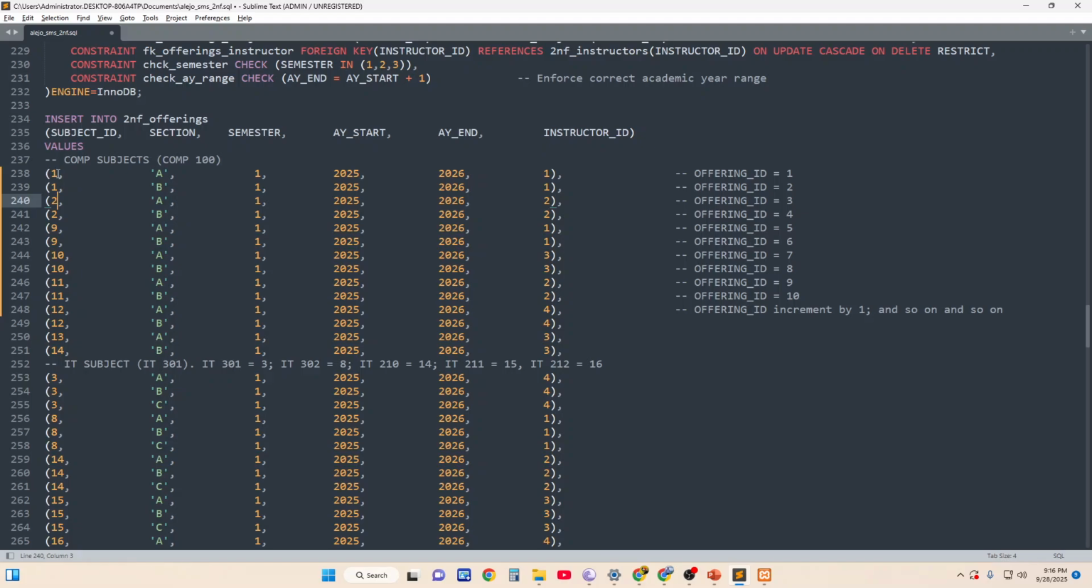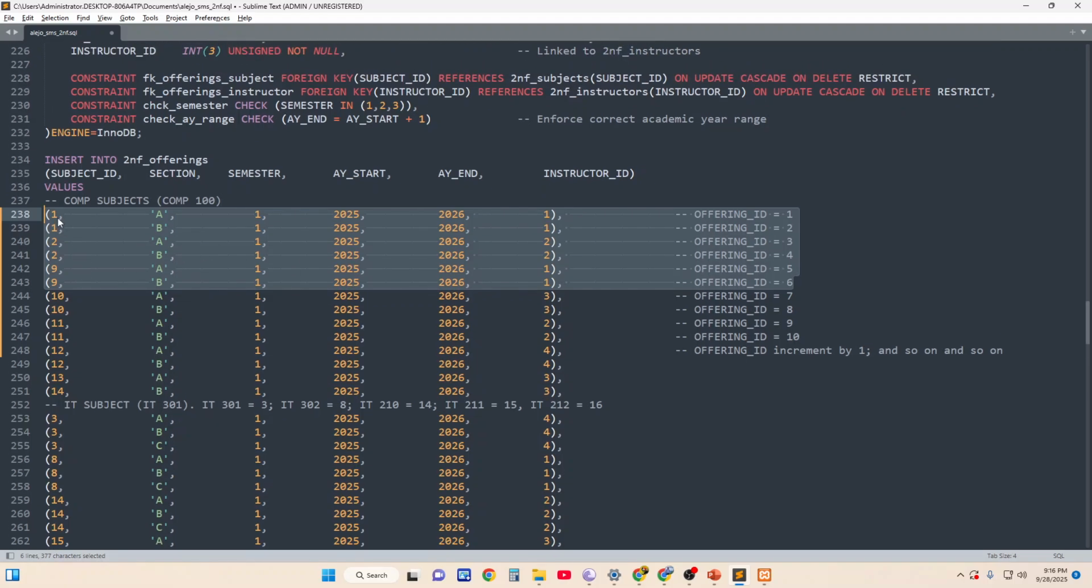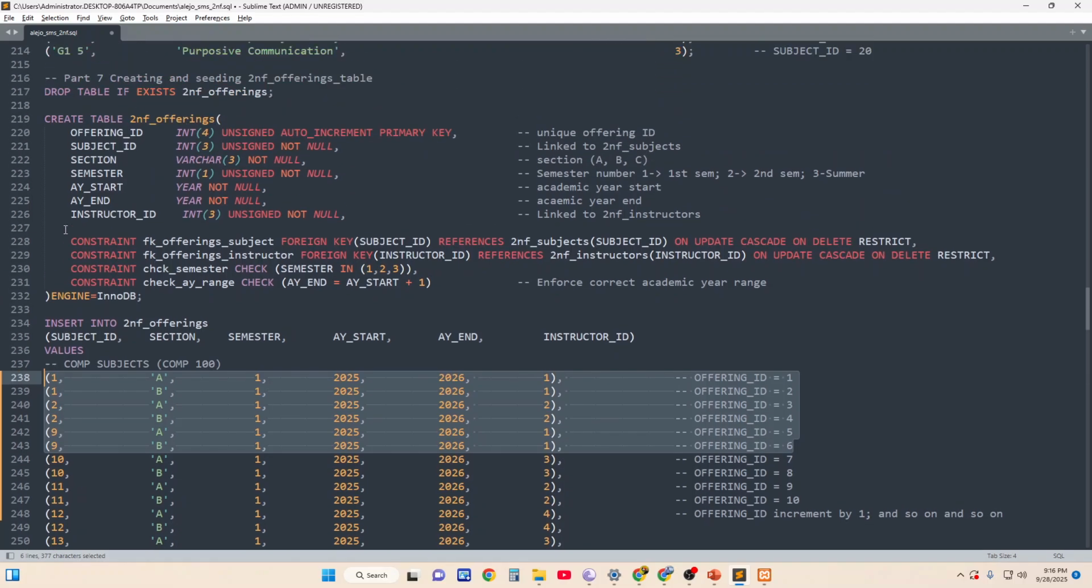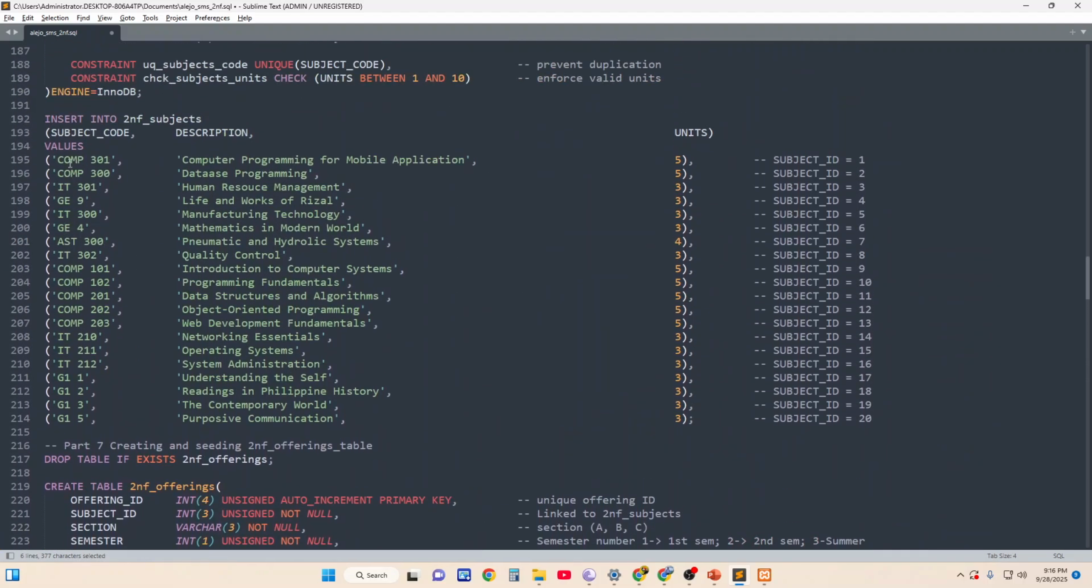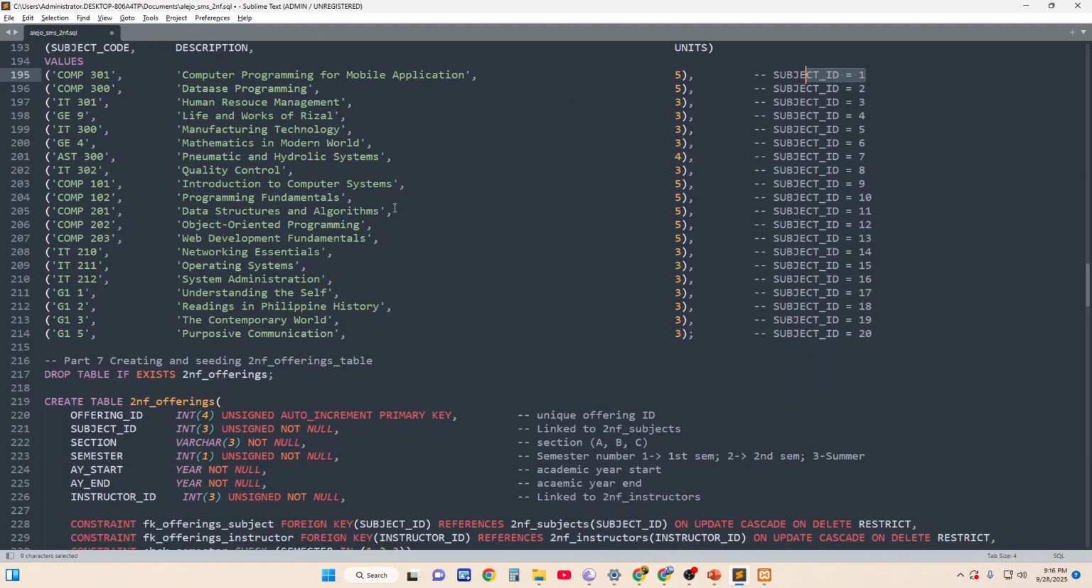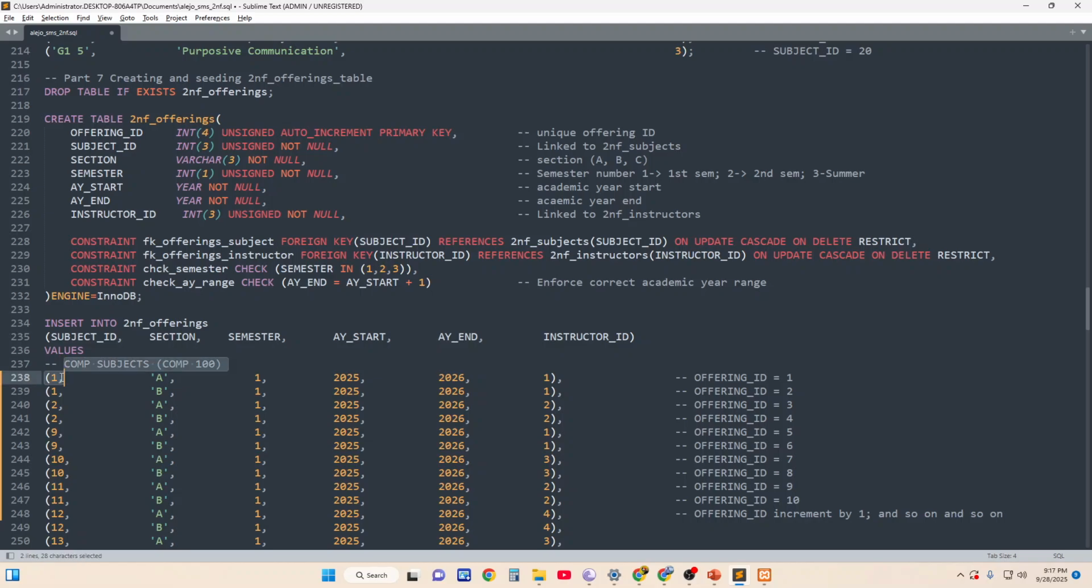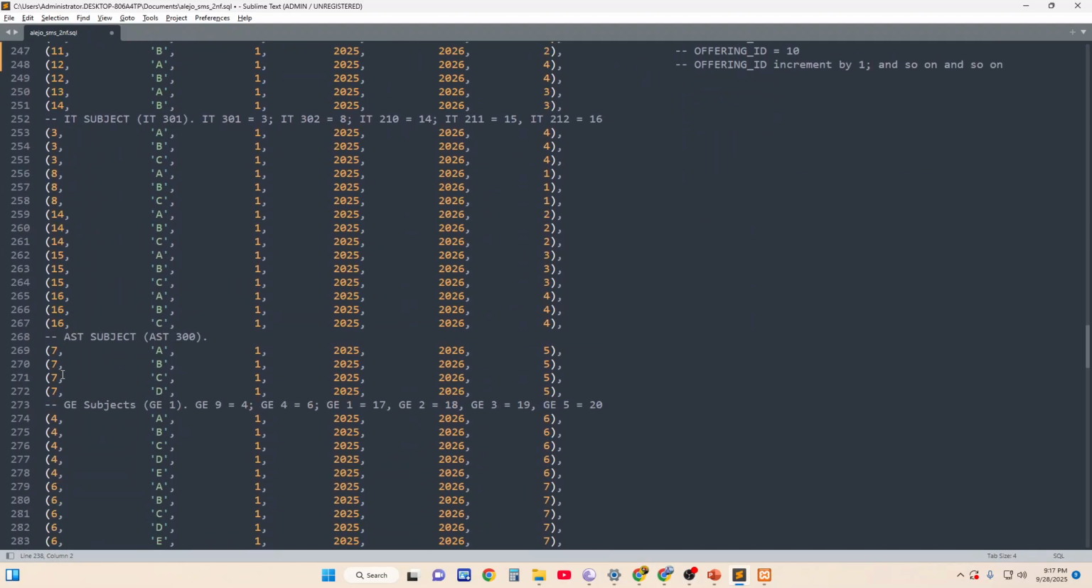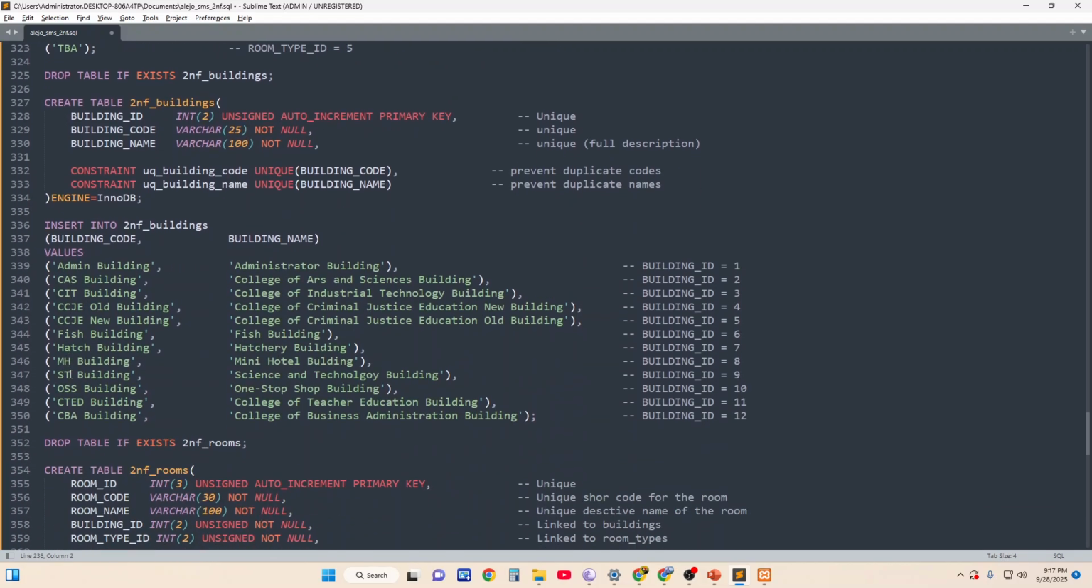So two records, okay, three six records. So we have ID about to six, this one. If you can see that one is a subject ID, and one here is comp 301. Okay, so this is 5 units, computer programming. So this one, they have a schedule for one. Here we write one,